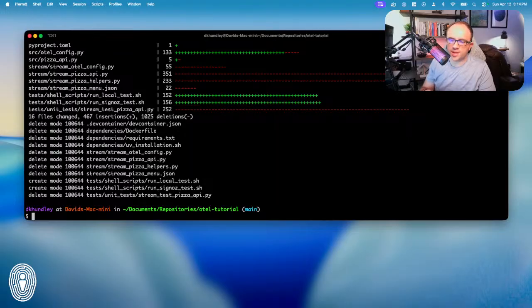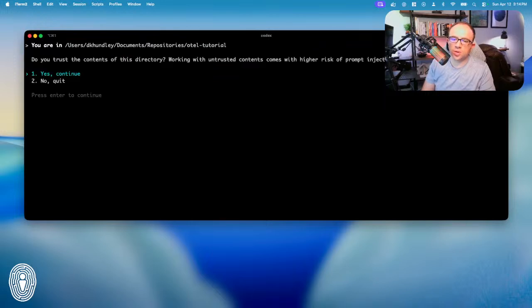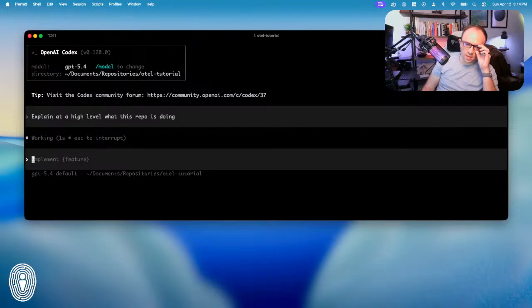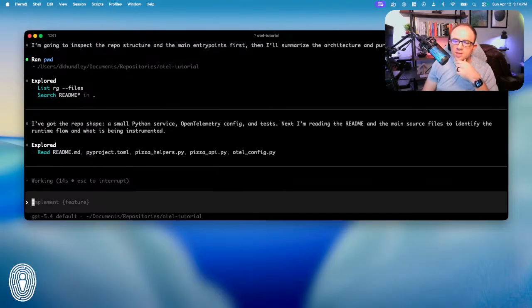This is kind of beside the point. I'm going to clear all that out. So if I went to Codex, and it asks, do I trust the contents of this directory? Yes. Explain at a high level what this repo is doing. Then it's going to function just like Codex normally does, but what I want to show, and what's kind of cool, is that if you wanted to capture your own telemetry from Codex in your own instance,